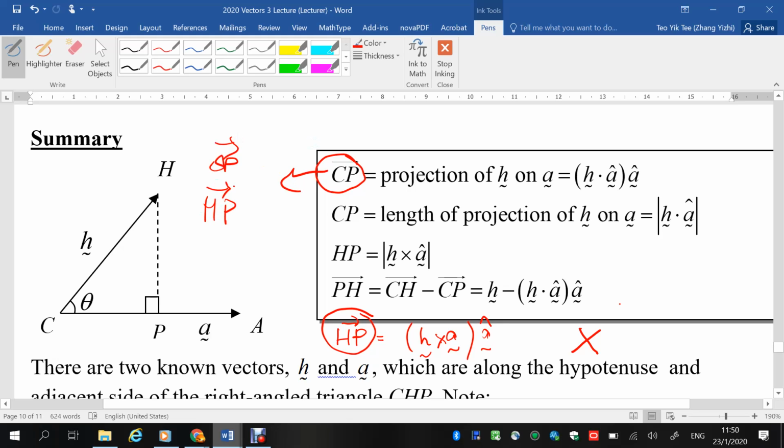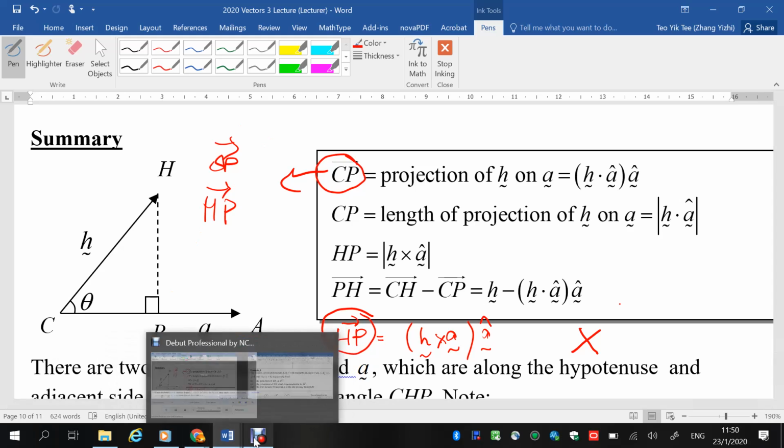Okay? So don't ever use this formula again and again. You may not be able to remember everything right now. Just write down here: this one, no such thing. Okay? Okay, so congratulations. As I said,